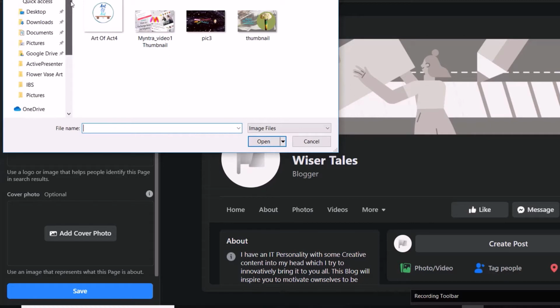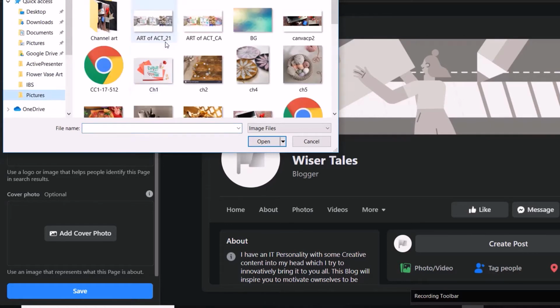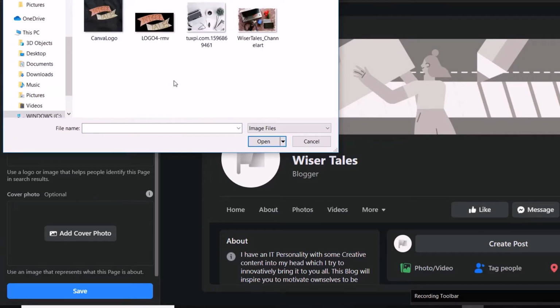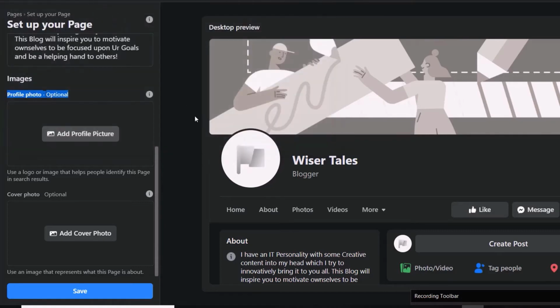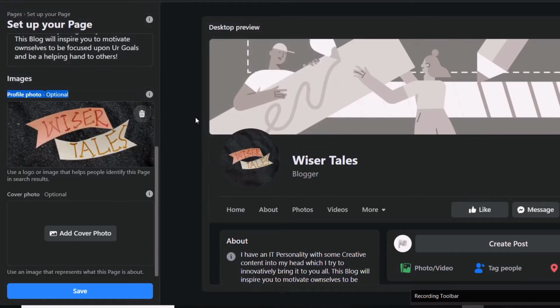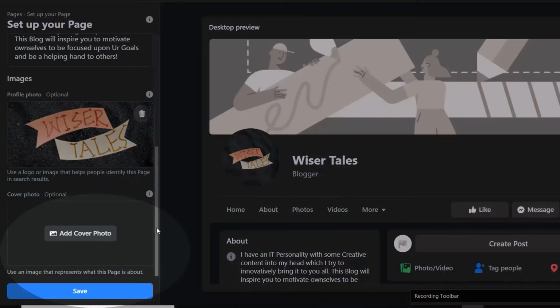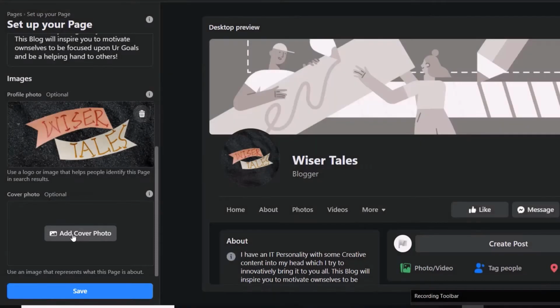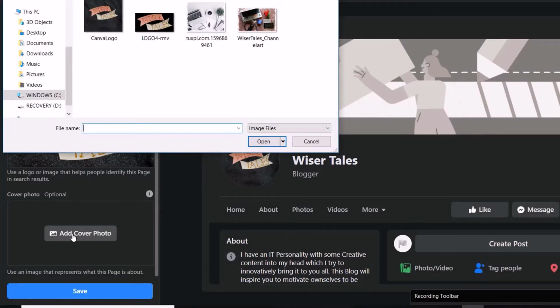So you need to create your profile picture and your cover photo earlier, prior to starting the creation of a new page. Well, this may take a while.